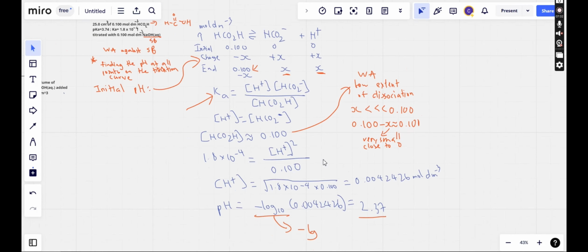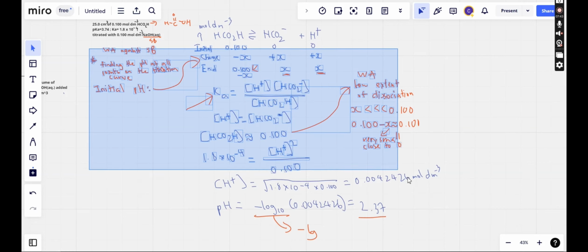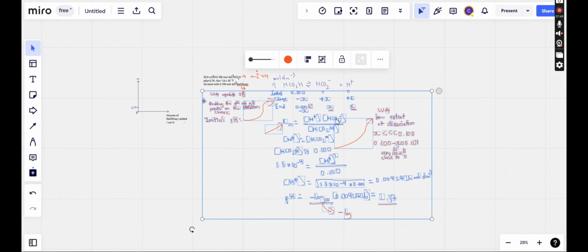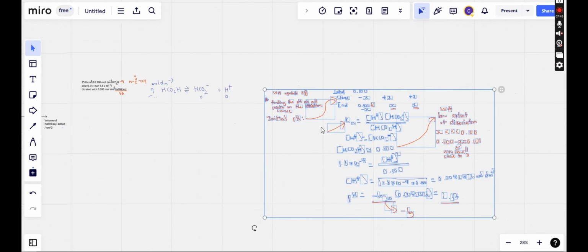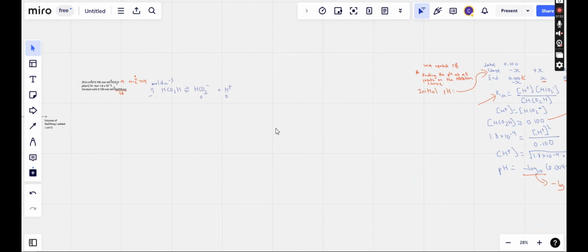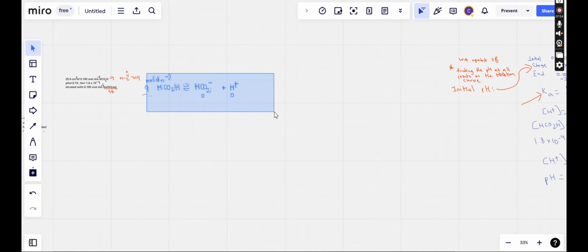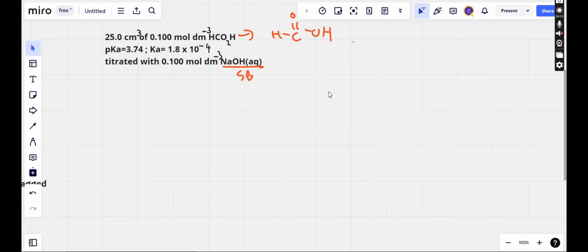So if you guys want, you can pause the video and take a screenshot now, because I'll be shifting this away to make space for calculation. Let me just shift all of this away, somewhere far away. Let me move all this away also. I can delete this. Alright, so the next point that we want to calculate is what happens if I add 5 cm cube